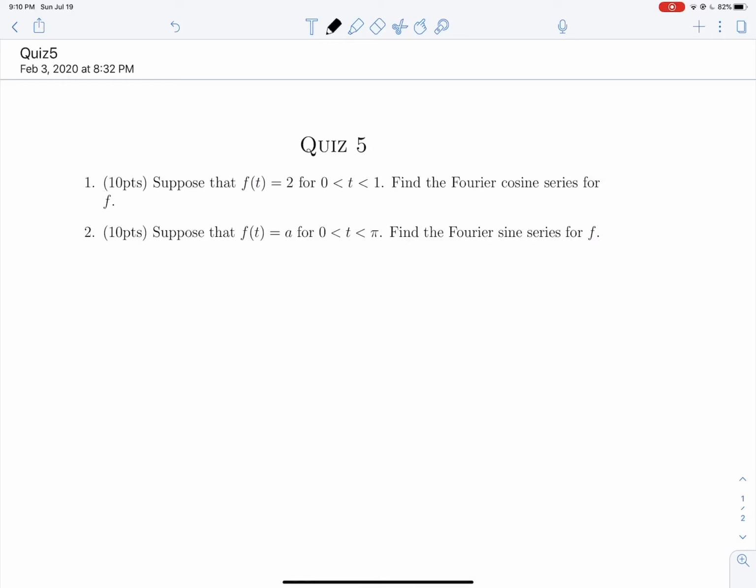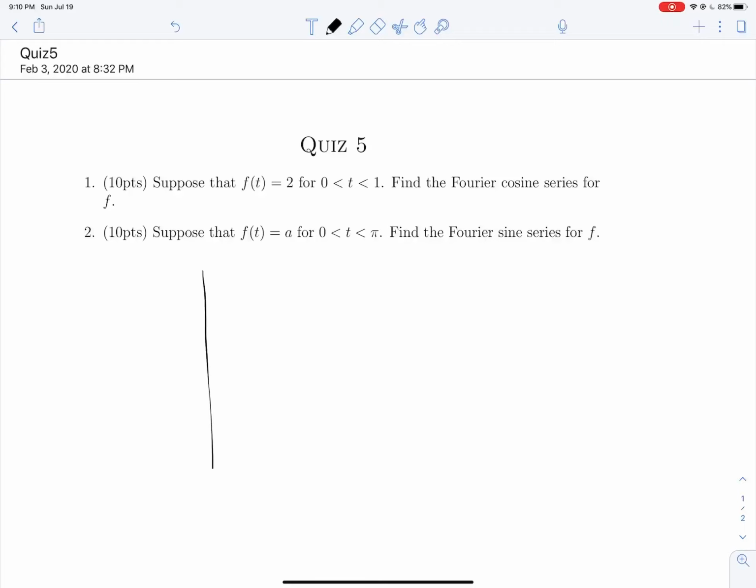Hello, this is quiz 5 from summer 2019, and it's on 9.3, which is Fourier cosine and sine series. So we're dealing with Fourier series of functions that are either even or odd, which means that they'll end up being expressed only as a cosine series or a sine series with none of the terms from the other trig functions. Okay, question 1. Suppose that f of t equals 2 from 0 to 1, and let's find the cosine